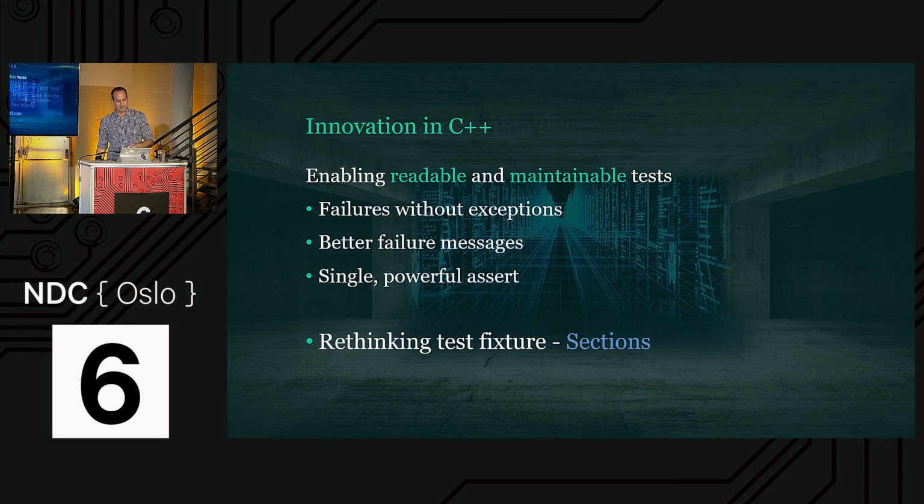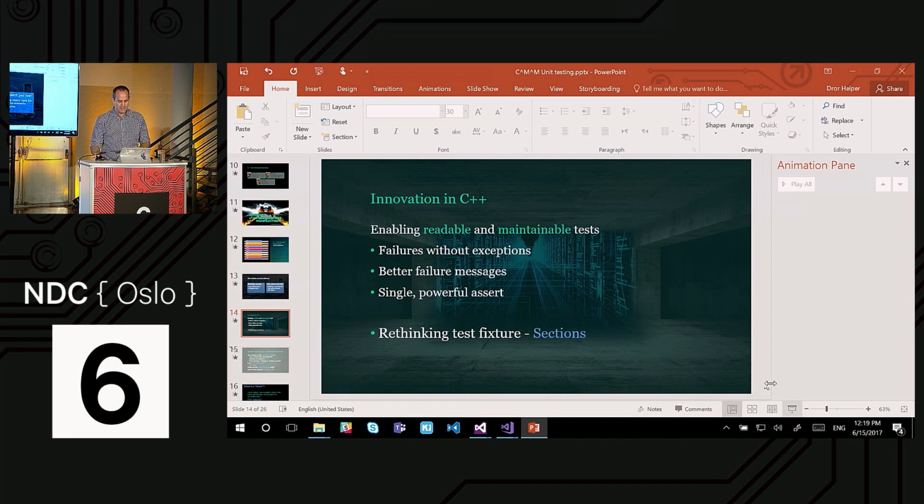And that's cool. There are other innovations in the C++ world as far as unit testing. First of which is what I showed. You don't throw an exception when an assertion fails. The second is that usually we get better failure messages, because the require assert macro usually does a lot more than the C# or Java equivalent does. And in the case of Catch and all the guys that copy it, I have only one assert in which I write code. And as a developer, I find it so relaxing writing code instead of thinking about which assert to use. And the last thing, also brought by Catch, is sections.